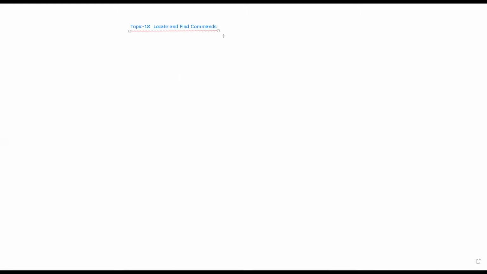But with these commands, you can find the actual files or directories in our file system. If you forgot some file and you don't know where it is located, you can use the locate and find commands.